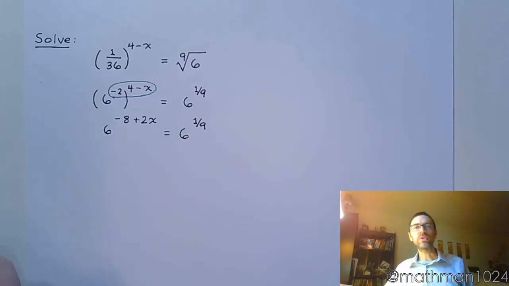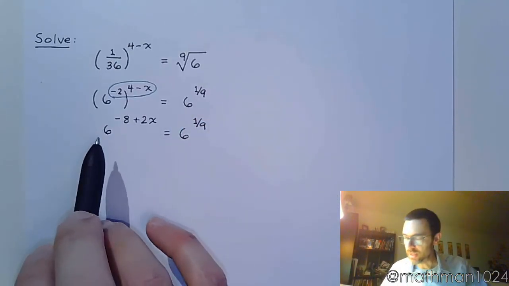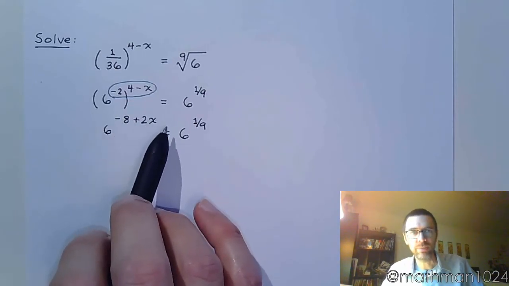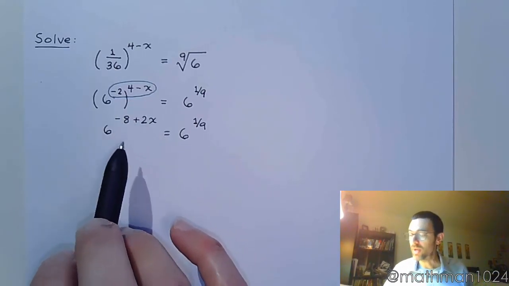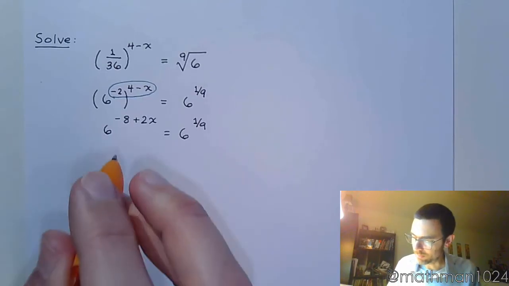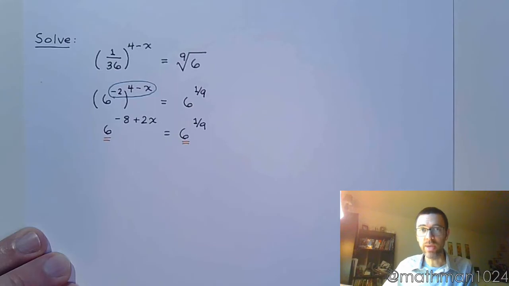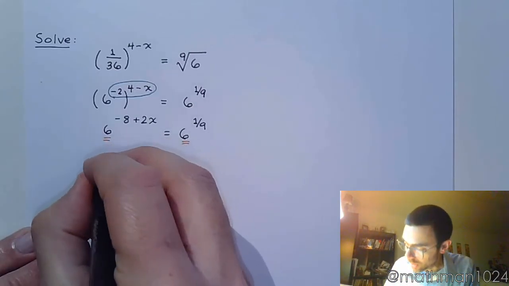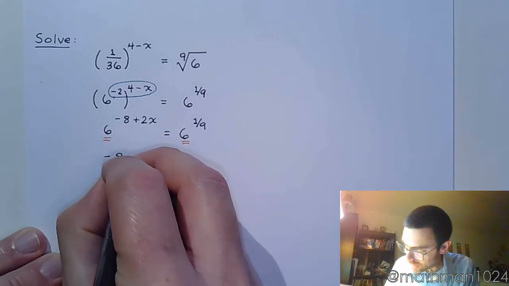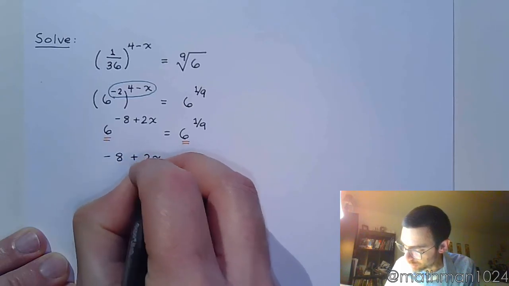Please make sure that you understand that you are never going to take this base and multiply it times the power. That's not how it works. You're trying to get each side of the equation to have the same base, because if you have the same base, you can now equate their powers, which gives us the equation negative 8 plus 2x